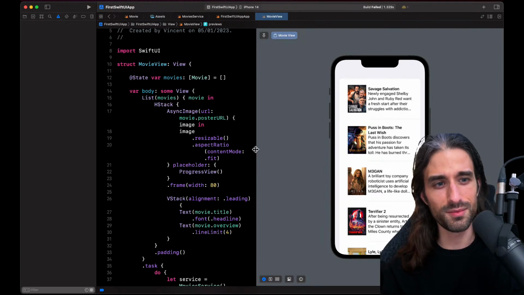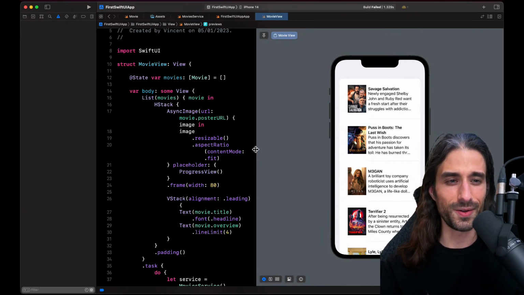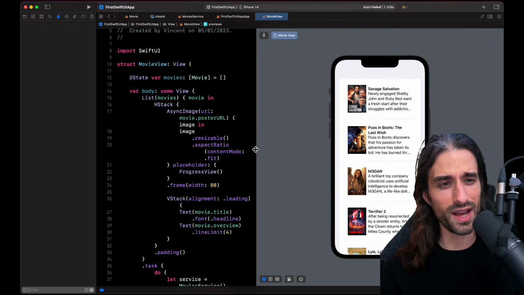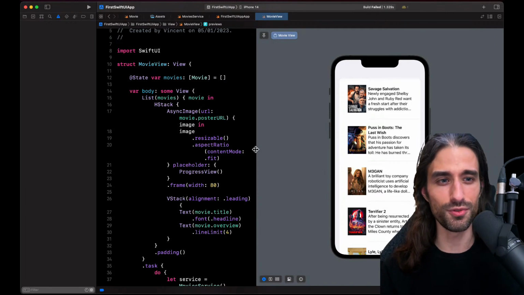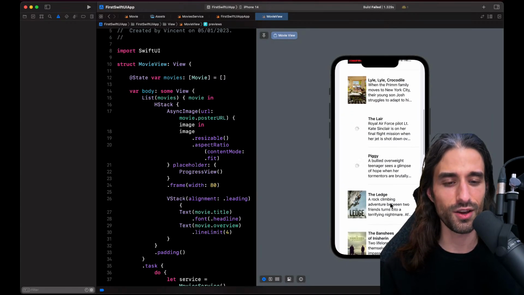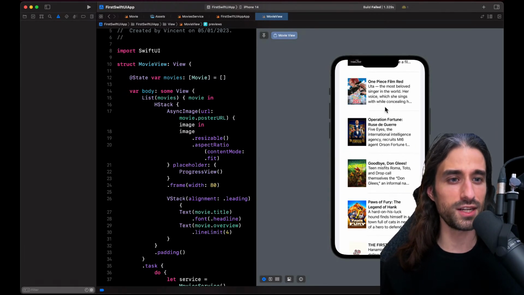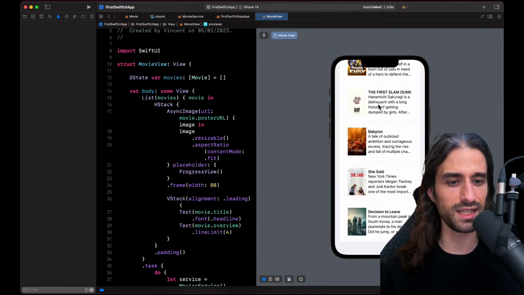So we get some more recent movies because my mock data, I had gotten it back in July when I was making my first videos about the MovieDB. That's why the movies were movies from last summer, like Jurassic World Dominion. But now we have more recent movies like Puss in Boots 2, for instance. And you can see that when we scroll, we have all the data displayed. So the first page of results returned by the API.